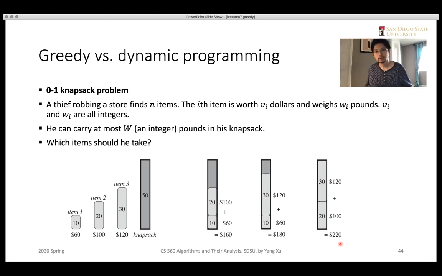Okay. So it looks easy using this simple example, but this is not an easy question, because if you have a lot of items, a lot of different combinations, sometimes you need to make the trade-off between the heavy items versus the valuable versus less valuable items. So this is a